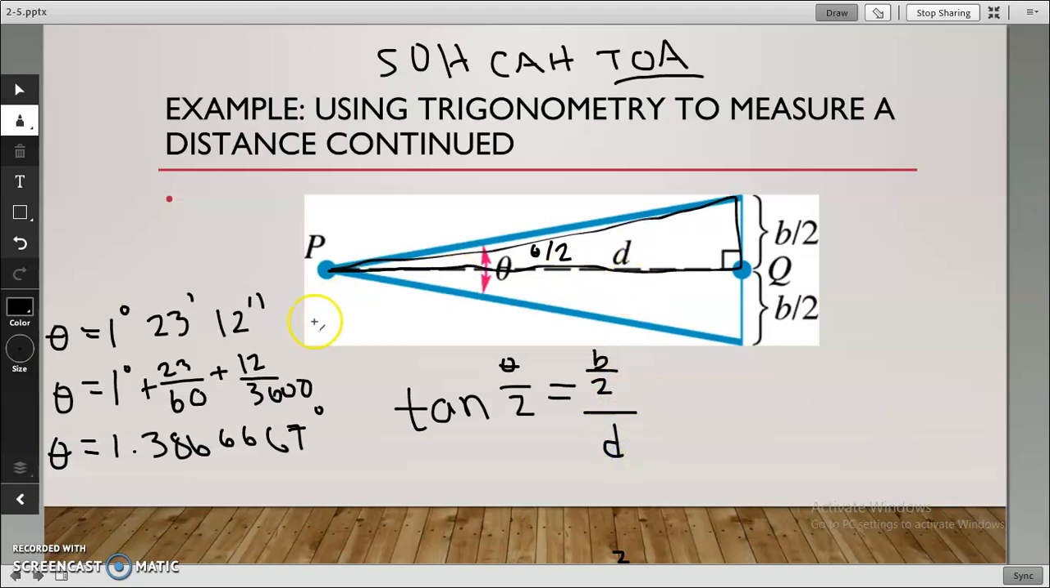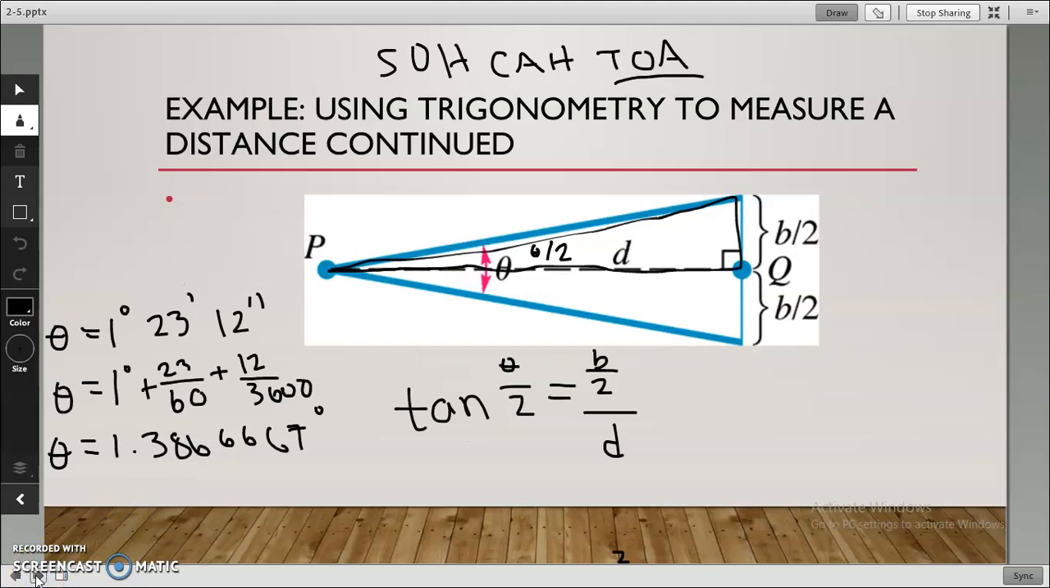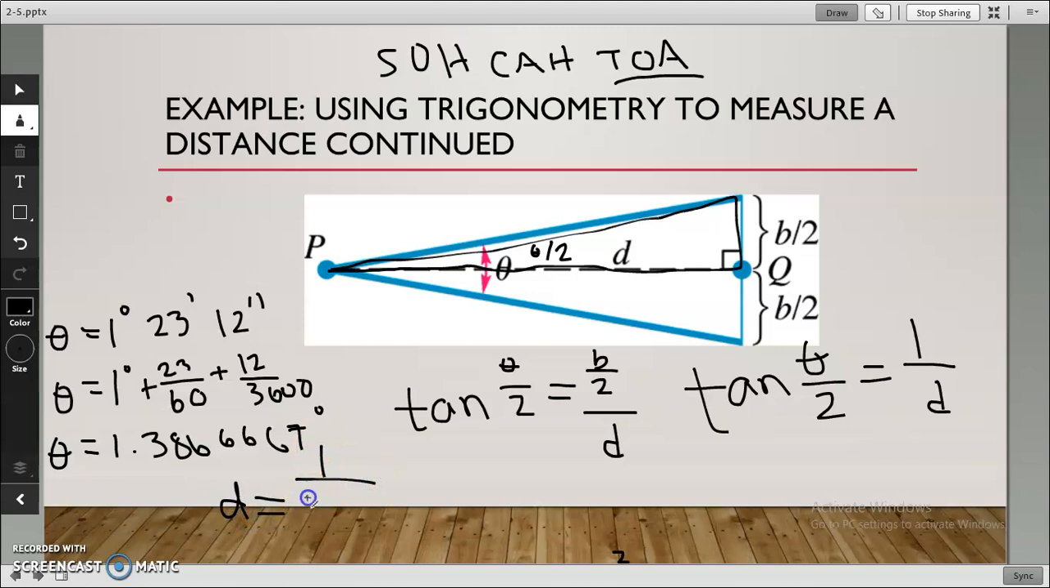Well, I know b is equal to 2. They told us on the previous slide that b is equal to 2 centimeters. So 2 divided by 2 is just 1. I have tangent of theta divided by 2 is equal to 1 over D. I want to solve for D, so I need to cross multiply this. So that's going to be multiply both sides by D and then divide by tangent. So I'm going to get D is equal to 1 over tangent